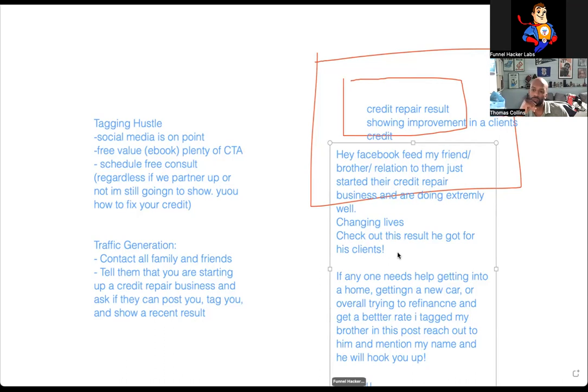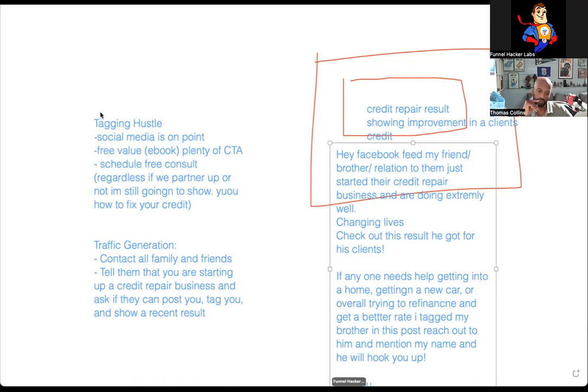What I do personally when I do this, like when I first started my credit repair business in college, keep in mind, I don't have a credit repair business anymore. Well, I still have a couple of clients, but I don't have a full-blown credit repair business anymore. But when I was first starting on mine, and even first starting on my marketing agency as well, I did the same exact thing. And what I would do is I would contact every single buddy in my friends and family feed,